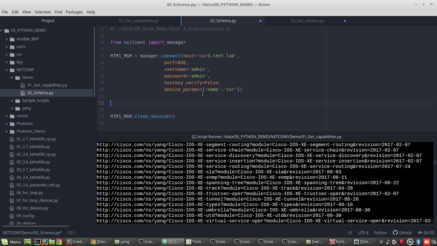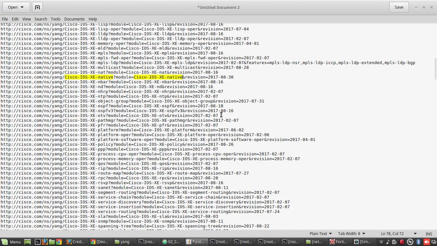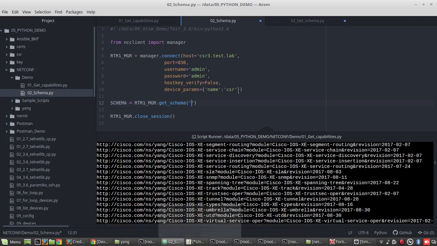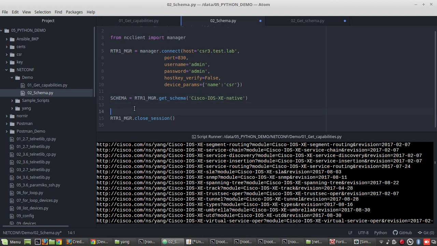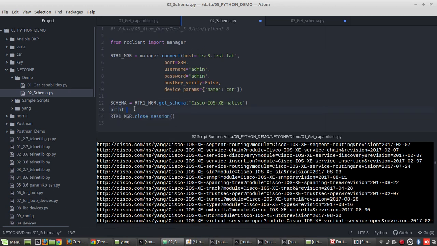What we'll do, we'll create a variable here, schema equal to the manager connection, rtr_manager.get_schema, and here we'll give the model name Cisco-IOS-XE-native, and we'll print it here itself, print schema. Let's try executing it.